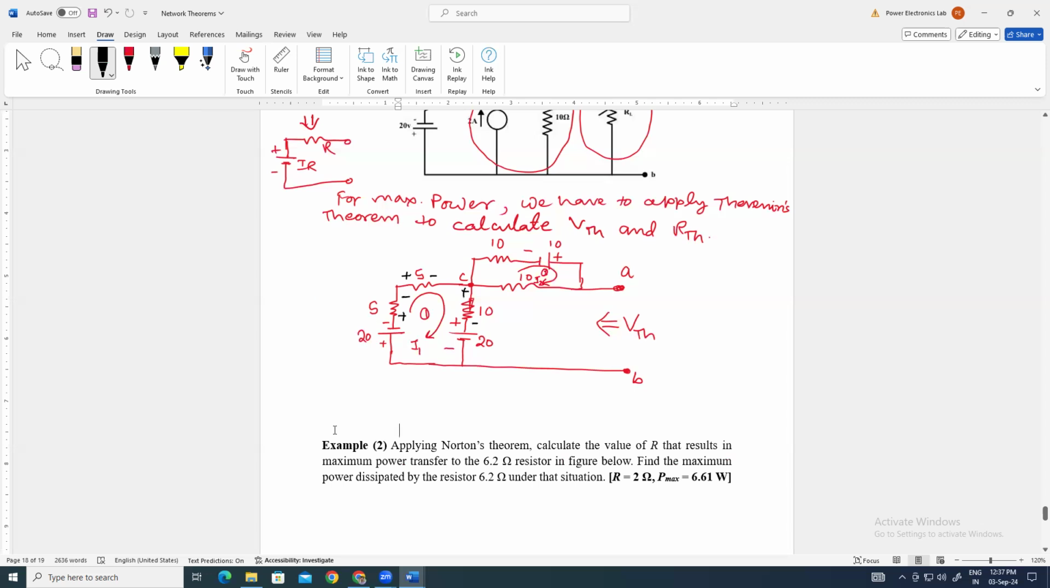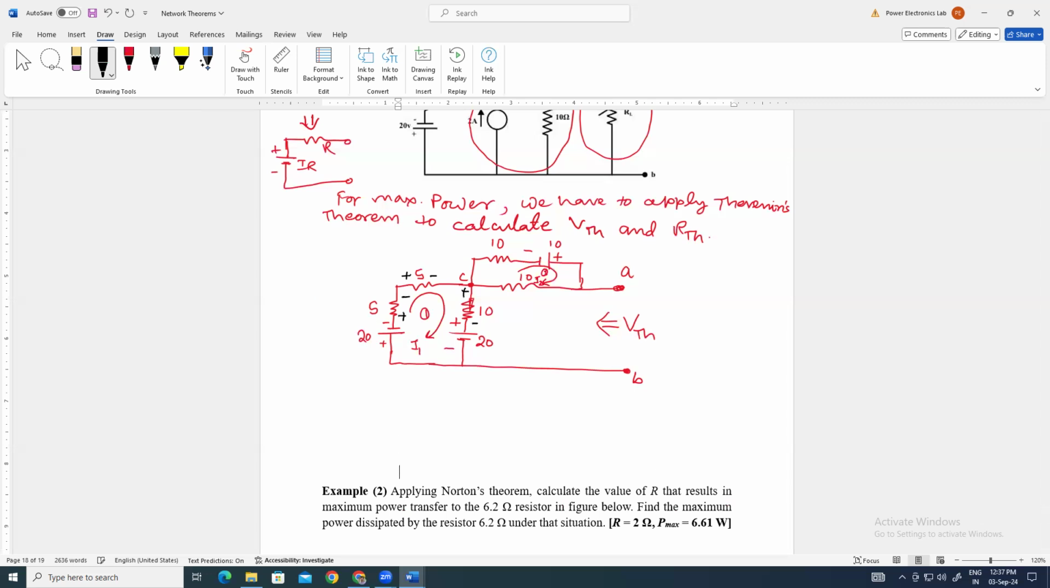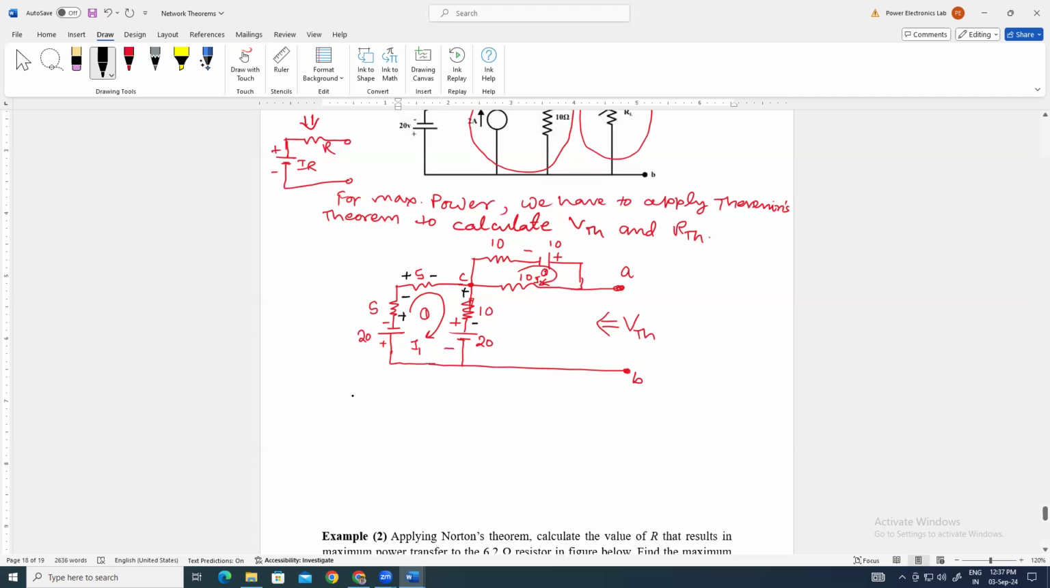Loop 1, so by applying KVL in loop 1, यहाँ पे भी current मीन्स voltage polarity denote कर लेते हैं। यहाँ पे current इधर है तो प्लस माइनस यहाँ होगा, और इधर भी जा रहा है तो ये प्लस होगा, ये माइनस होगा। Okay, so by applying KVL in